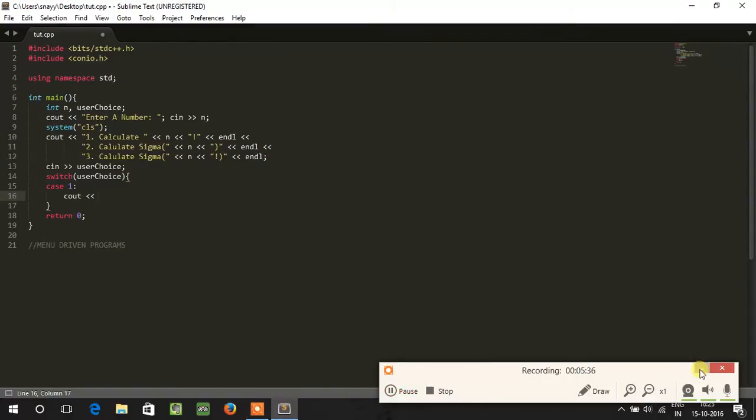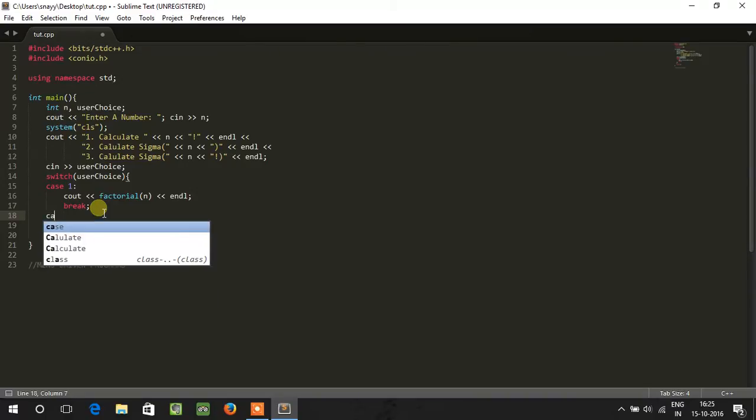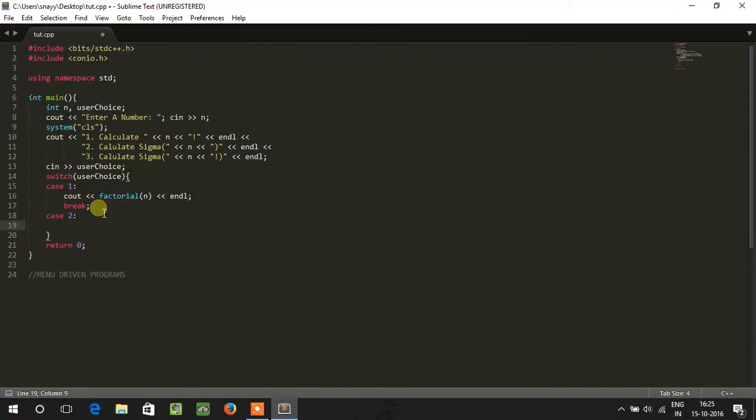factorial of n, endl, and now this is a command called break. Something enclosed within these curly braces is called a compound statement, and break exits out of the compound statement. Otherwise, what happens is the control continues and case 2 will also be executed. So in case 2,